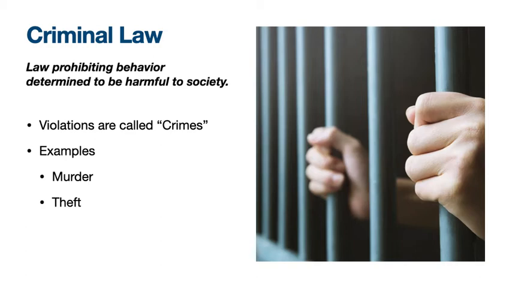Now, there are different levels of this. Murder is obviously a crime. The most serious crime that we have out there is premeditated murder, and so that carries a certain penalty with it. That's going to be different than, say, the penalty of stealing an apple. That would be an example of theft, but obviously we don't want to give people the same penalty for stealing an apple that we would somebody that has killed another human being, for instance.